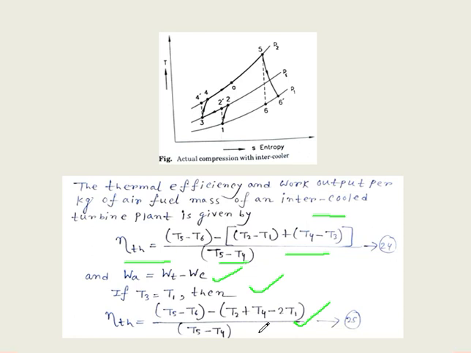The temperature of the air coming out of compressor with intercooling, that is T4 as shown in the figure, is less than the temperature of air coming out of compressor without intercooling, T suffix A as shown in the figures. Therefore, the quantity of fuel required to raise the temperature of air to T5 with intercooling is greater than the fuel required to raise the temperature of air to T5 without intercooling. This lowers the thermal efficiency of the plant.